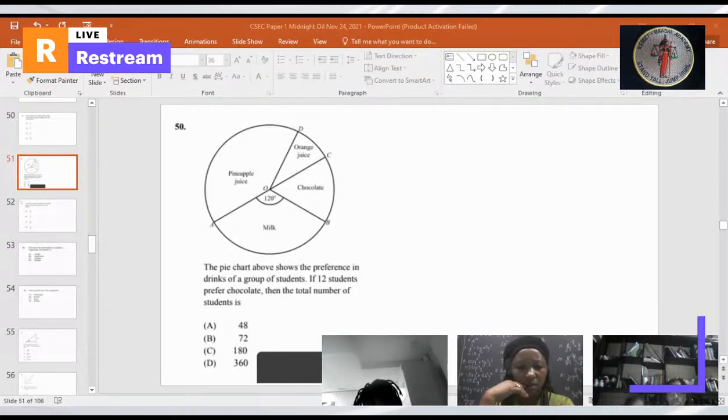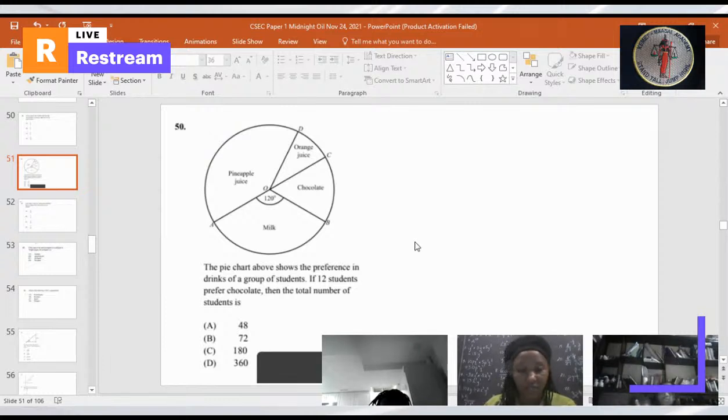Well, not a quarter. Okay, let's not say that. That's not accurate. You're guessing. Because it's not drawn to scale, you can't just assume. But what do we know? All right, look at this. Notice that the lines begin at the origin, right? Yes, Miss. All right, the lines begin at the origin. Therefore, the chocolate and the milk take up half of the circle. Do you see that? The chocolate and the milk together,